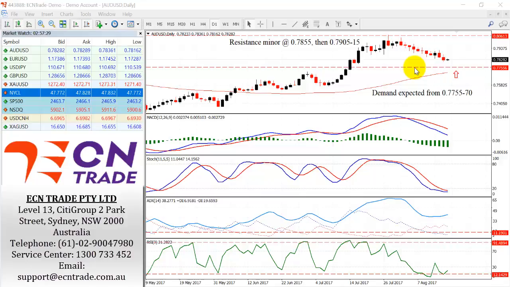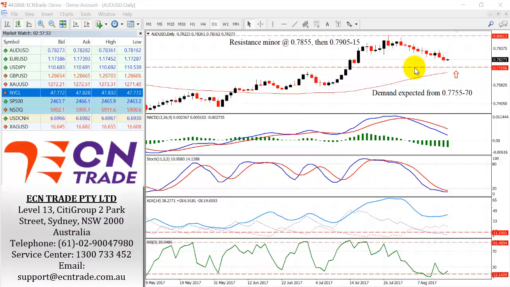Yesterday the RBA released its minutes and highlighted that a further rise in the Australian dollar may lead to slower growth and lower inflation. Also, the report said that household prices and household debt warranted careful monitoring. Today we have the release of the wage price index for Q2. The forecast is seen at 0.5%. It will be closely watched for any increase.